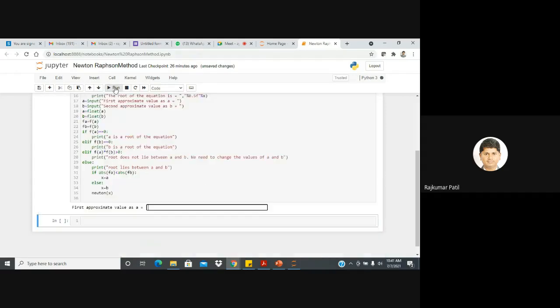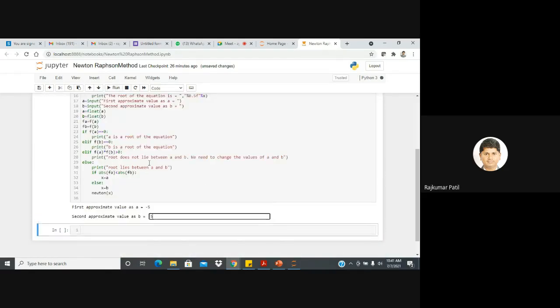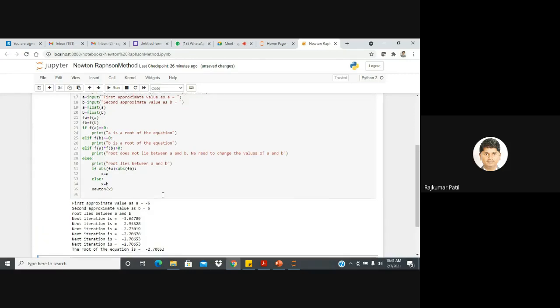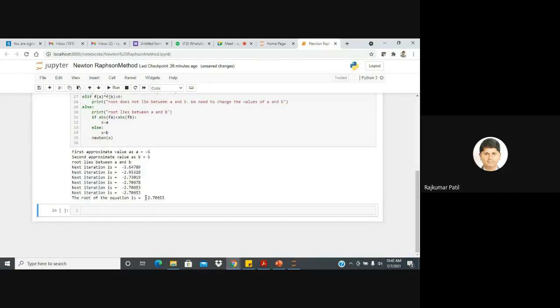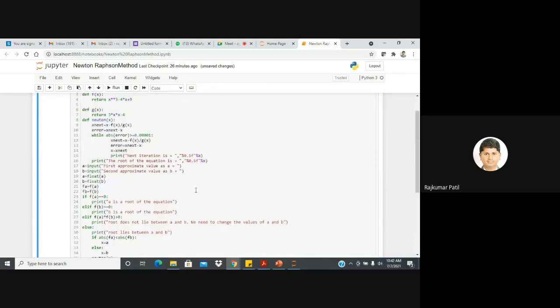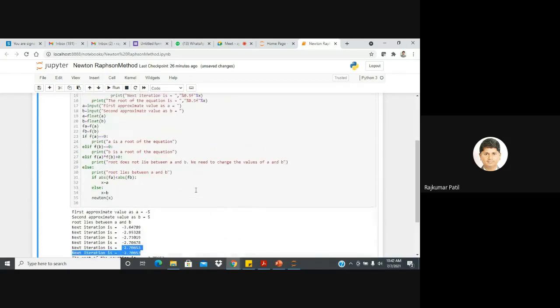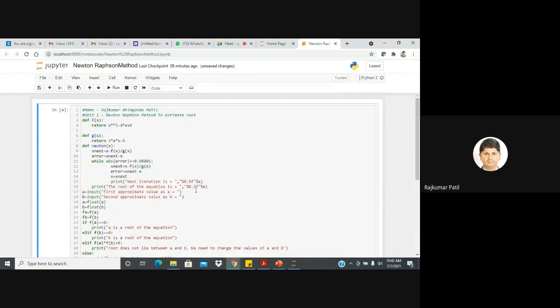We will run the program again, -5 to 5. Yes, you can see now the decimal points have changed, and if you compare the two successive iterations, they are the same. So the root of the equation is -2.70653.